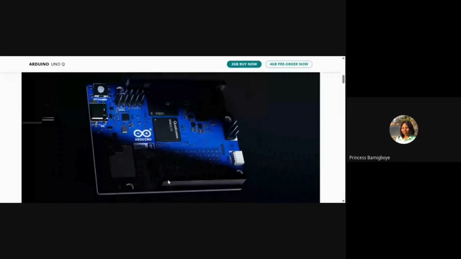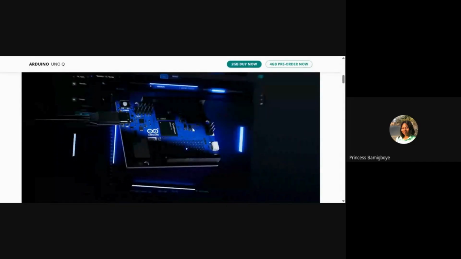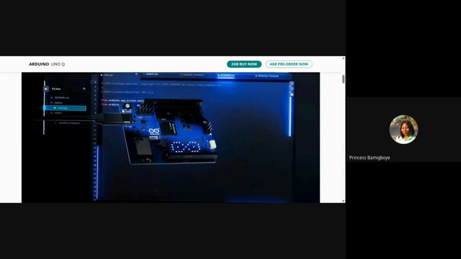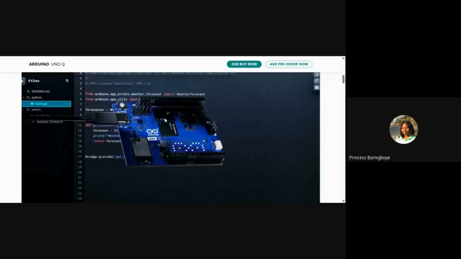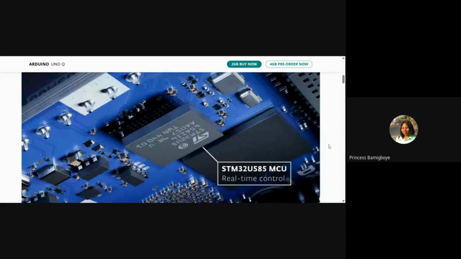Bigger, better, faster, more capabilities. Crazier. To be very honest, I don't even think it's right to call this a microcontroller anymore, or to call it an Arduino Uno anymore.